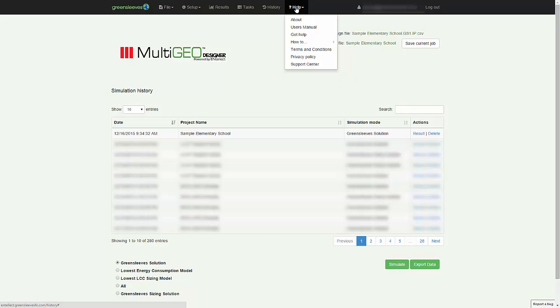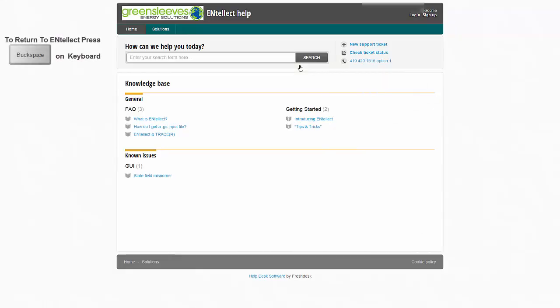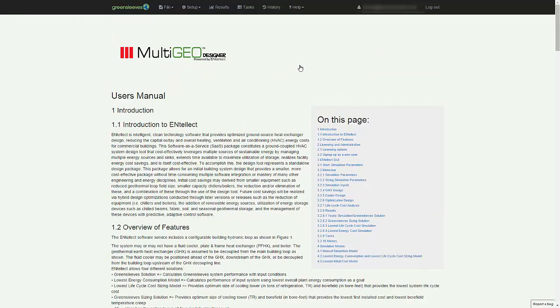The help button has a lot of different information. The user's manual, some frequently asked questions, etc. This is very useful, and as we have more and more users, this continues to have better and richer content. So please give us input as you look at something that's not clear. Let us know, and then that's something that we can get into with the frequently asked questions and the user's manual to make sure that